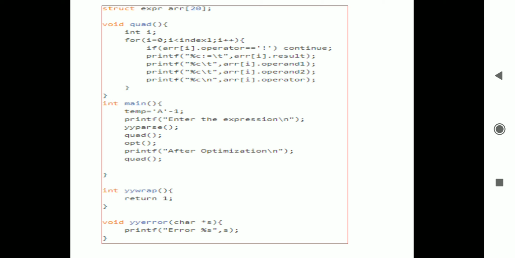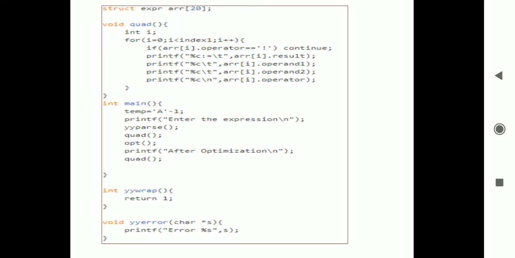So in the quad function, if array of i operator is equal to the exclamation mark, just continue, do not display anything. Likewise we display, and after optimization we display the quad. Before optimization, we display whatever is stored in the structure, then go to the optimization and perform it.